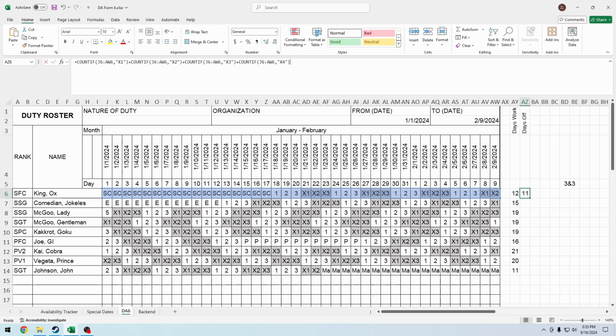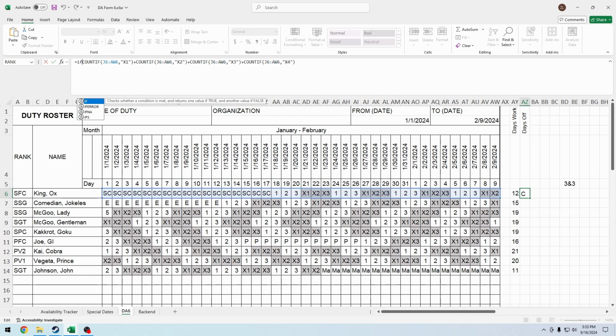Now, we want to go ahead, because we don't want to have zeros at the bottom. We'll say IF, and we're going to bracket this all in together. If this cell here equals blank, then show blank. Otherwise, and I'm going to put an open parenthesis for this, all the way to open parenthesis for this. Just like in math, anything inside the parentheses are all grouped together. So by putting a parenthesis around both, it's going to group all that together and say, if all of that's done, then just do this. Hit enter,